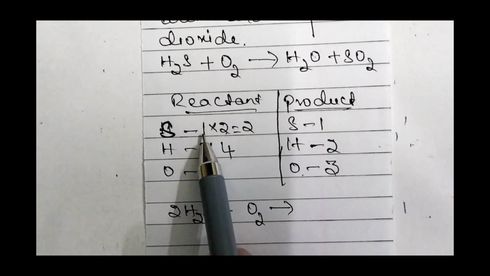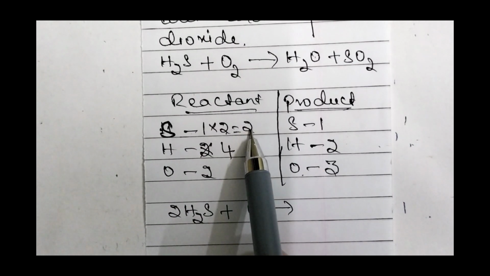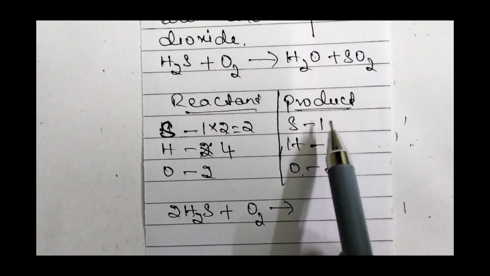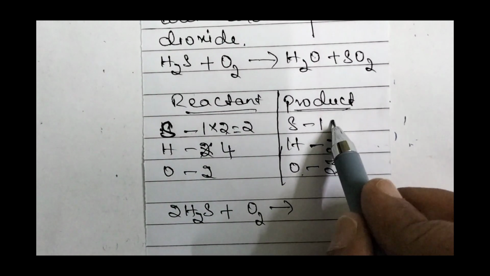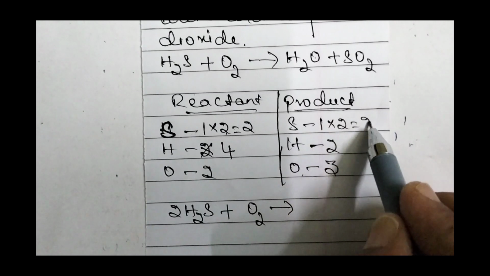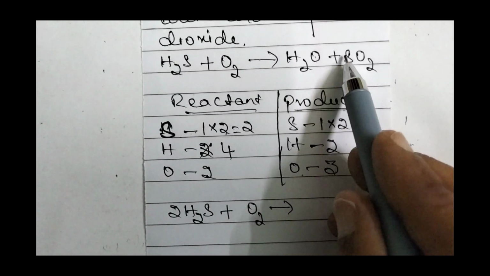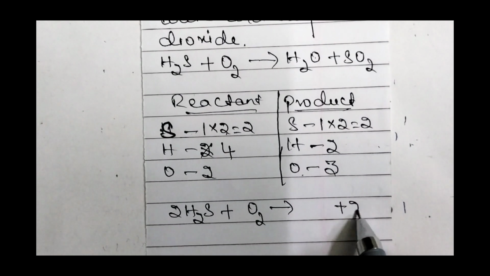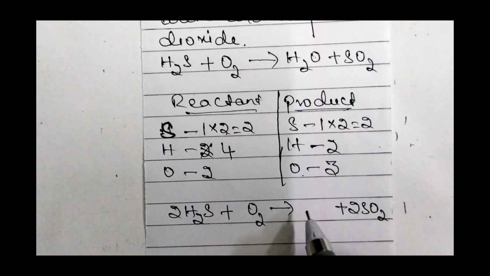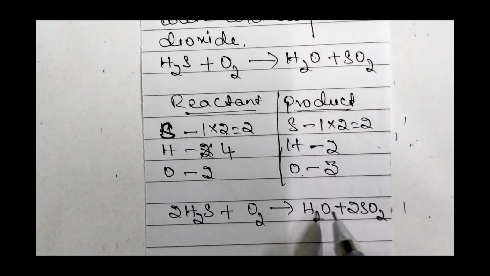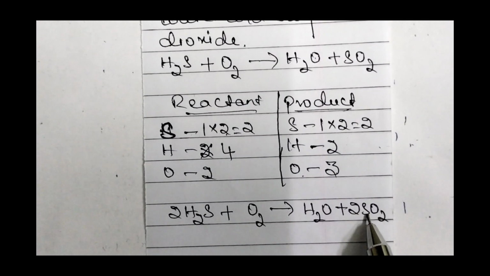Now sulfur reactant side 2 is there, so towards product also it should become 2, therefore 1 is multiplied by 2 to get 2, this 2 is multiplied here, so plus 2SO2 plus H2O. Now you observe when sulfur is multiplied by 2, oxygen also multiplied by 2, so 2 2s are 4,